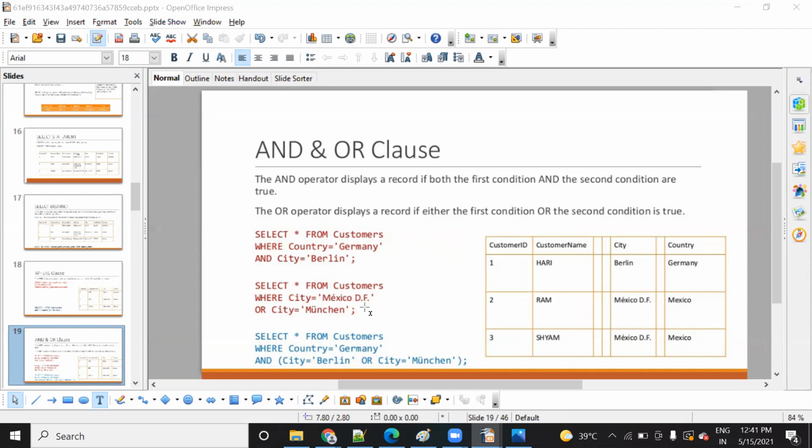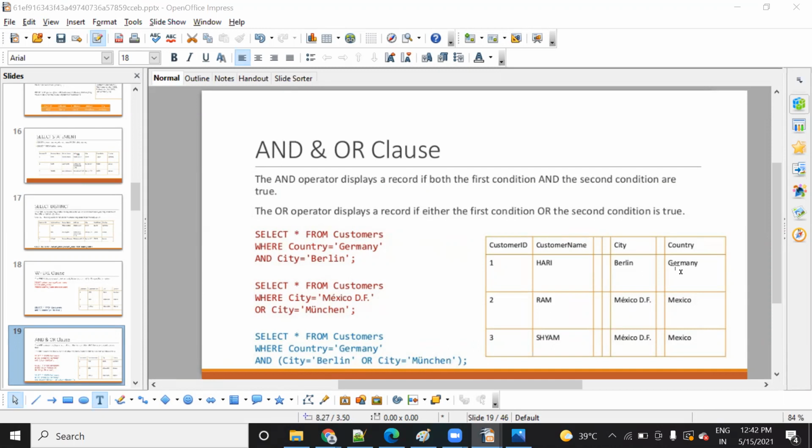In this video I have explained how you can run the query: select star from customer where country is equal to Germany, right? So here country is Germany, and city is equal to Berlin or city is equal to München, right? So for Berlin and München, if any of these conditions is satisfied, it is executed.